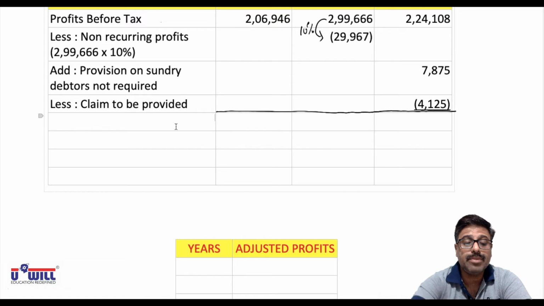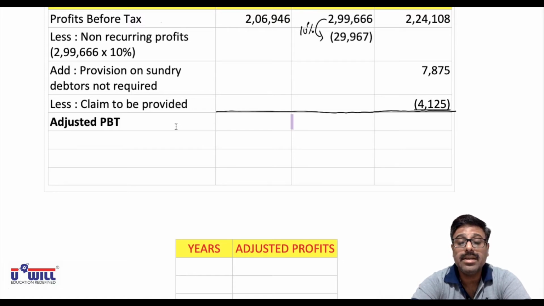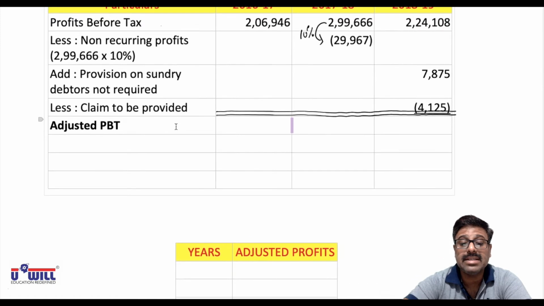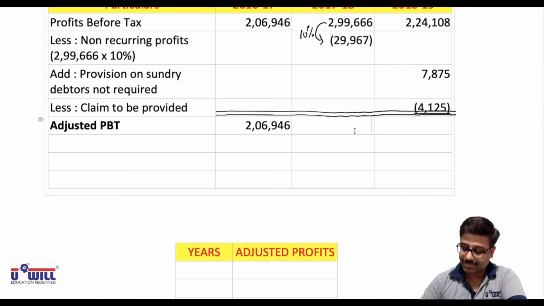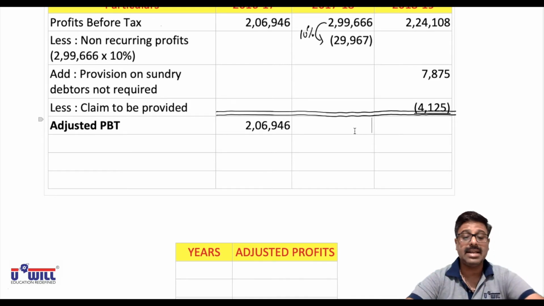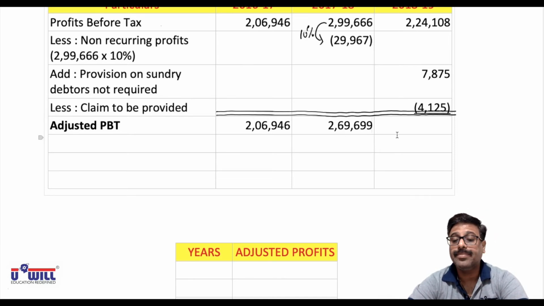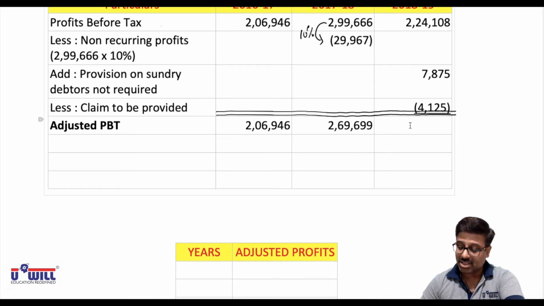Write down adjusted profits before tax. That is, first year 16 to 17 as it is 206,946. Now second year 299,666 minus 29,967, that is 269,699. And third year 224,108